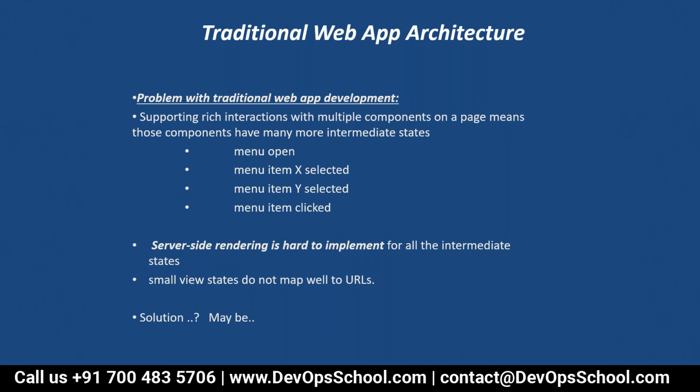Now, how can I navigate through this tree structure? So what is the root of that tree? Suppose it is represented as document. So I would say document.getElementById D1. So this is how I am traversing to that particular node. That div D1 is nothing but one child node on that tree. So we are traversing to that node and then we are manipulating that. Dot innerHTML, I would say hello world.